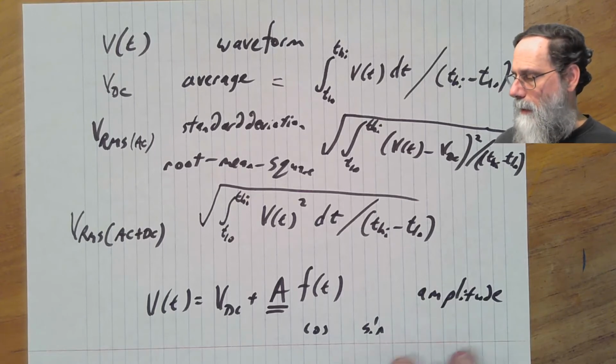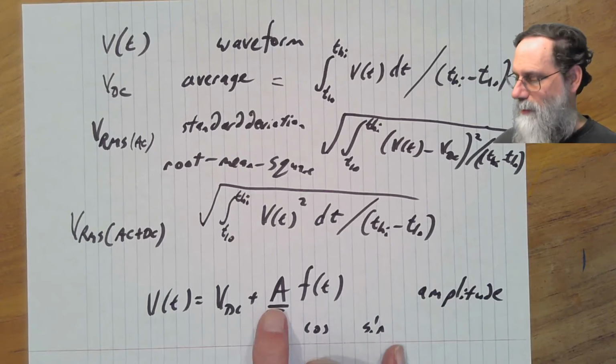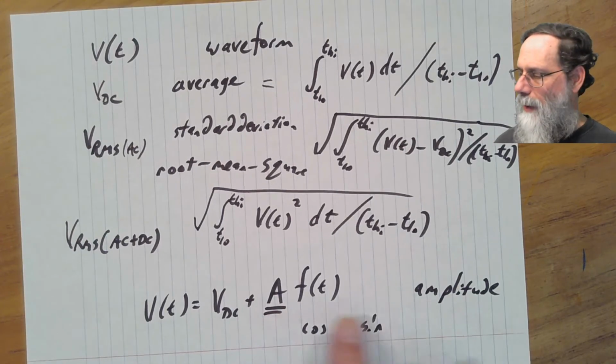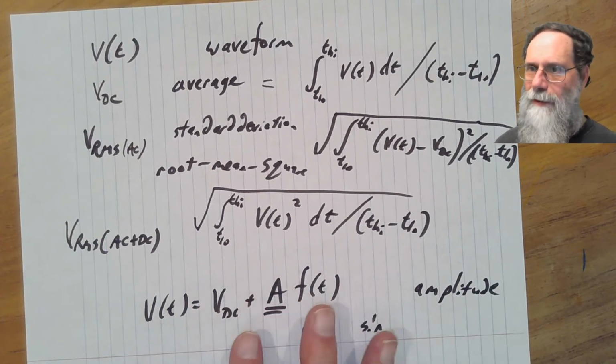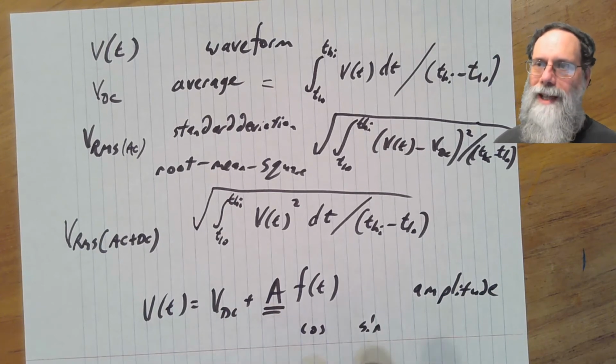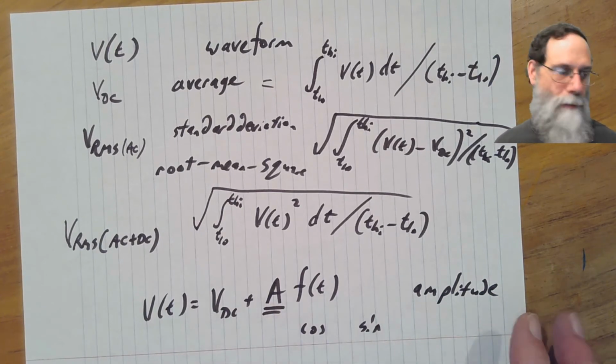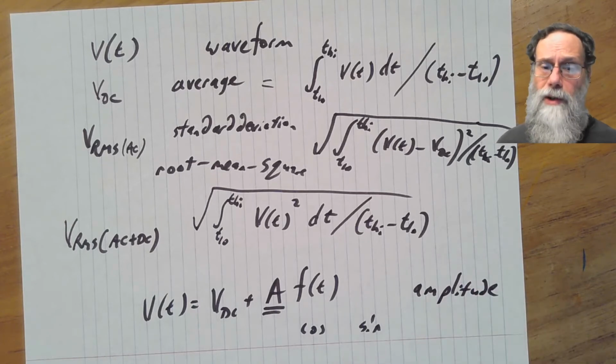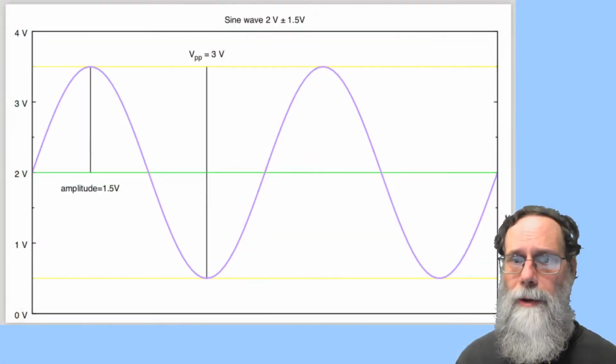And the amplitude is a very useful thing because it appears right here in the formula, and so it's an easy one to say, okay, I want to characterize this function. What's its amplitude is very easy to get from the function. Okay, let's take a look actually at a sinusoid, a sine wave or a cosine wave, and see how different measurements here correspond to each other.